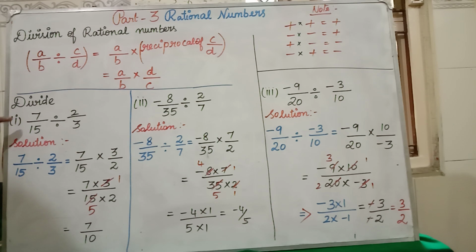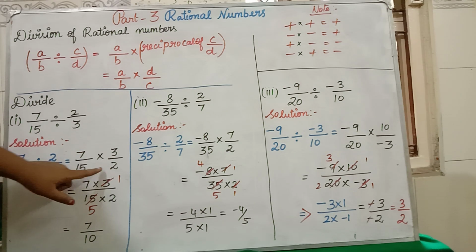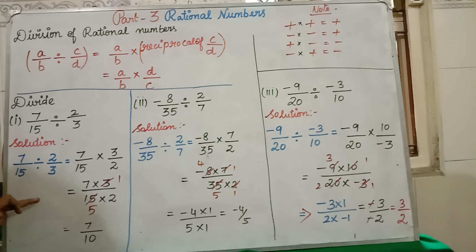If you see the first question, 7 by 15 divided by 2 by 3. What I told, you have to write the 7 by 15 as such. Okay. Then this divide symbol will become what? Multiplication. This 2 by 3, what will it become? Reciprocal. Reciprocal means 3 by 2 it will become. This 3 will go up, then this 2 will come down. Okay. In division, all the problems you have to do like this. If in the first part you are having numerator and denominator, after the dividing part also both numerator and denominator, you have to do like this. Clear, students, all of you?